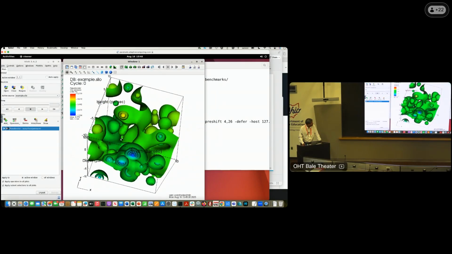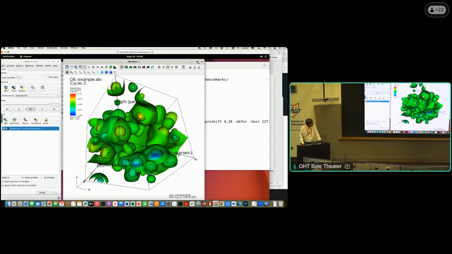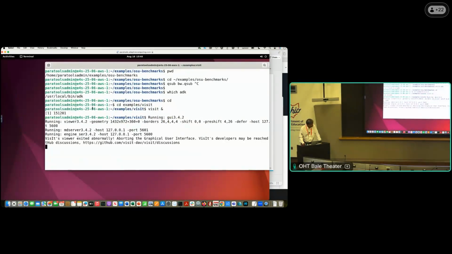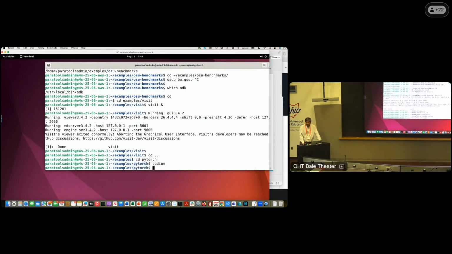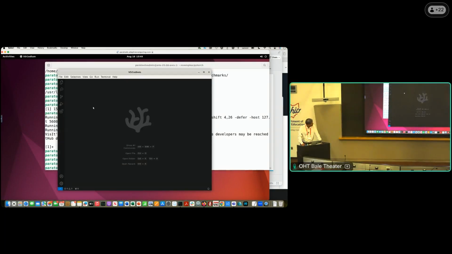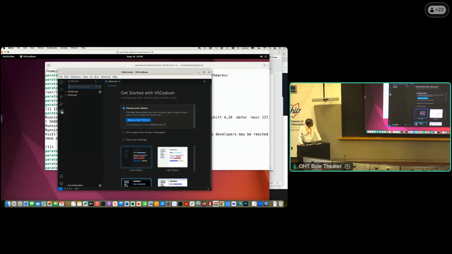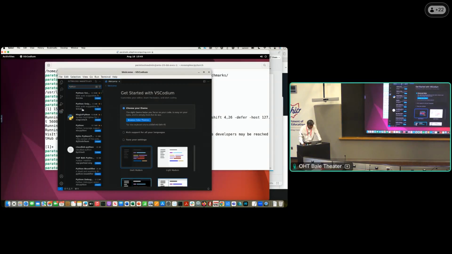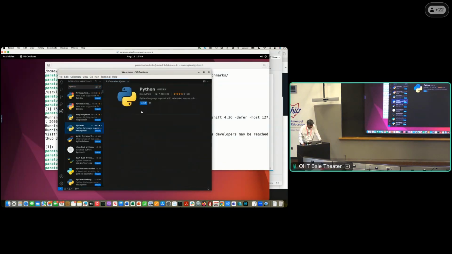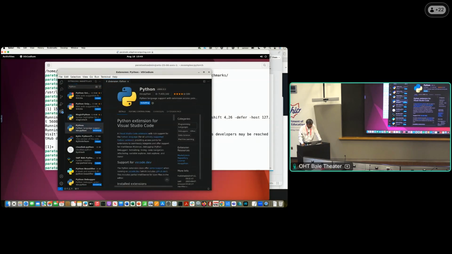So this is a performant desktop, and I can launch other tools from within this. Here is PyTorch. If I say Codium, I can launch Visual Studio. Click on this, extensions. Even search for new extensions that I want to install, like Python. If I click the fourth one, Python, and install, it will install the Visual Studio extension of Python in